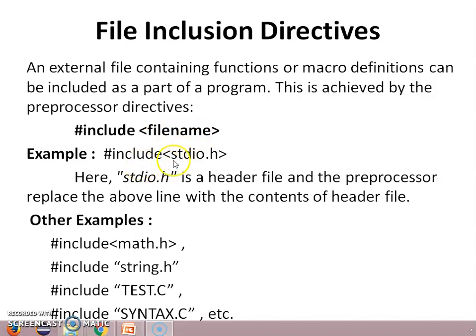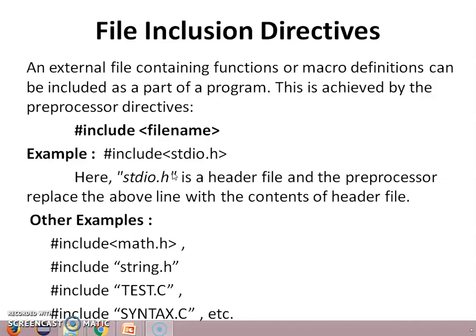For example, stdio.h, conio.h, math.h, mathlib.h and so on. Along with that, people can also include user-defined files, something like test.c, syntax.c. Those are the files that are written by the end users.